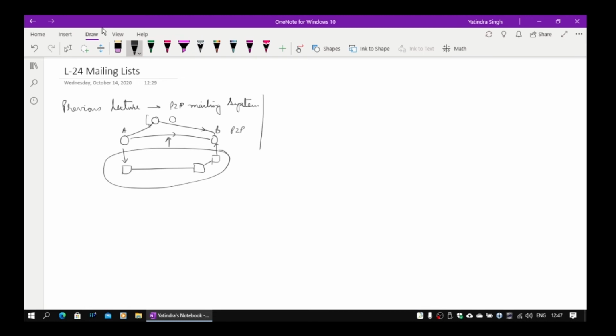But those of you who have been using mailing lists, for example in IIT Kanpur, so I am in electrical engineering, and I want to send a mail to all electrical engineering faculty. One possible method is that I maintain my own list where I list all the email IDs of each faculty member, and my client reads each email ID and creates that many copies.